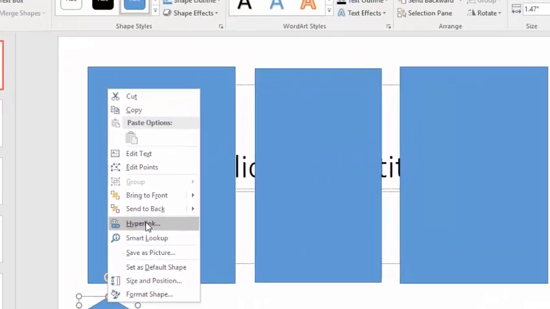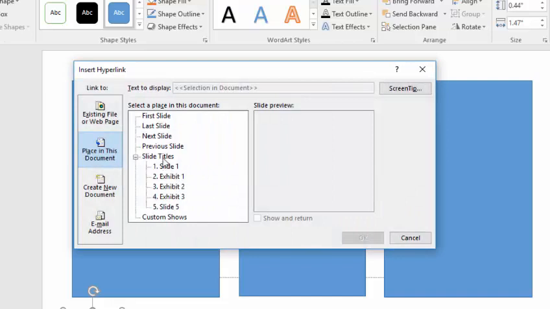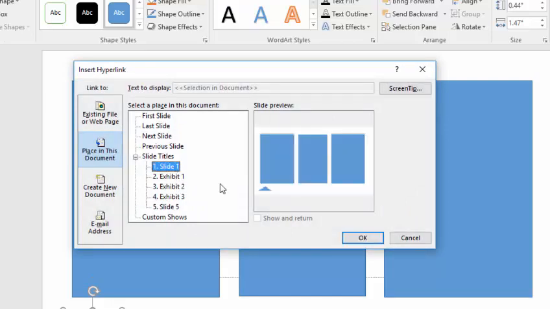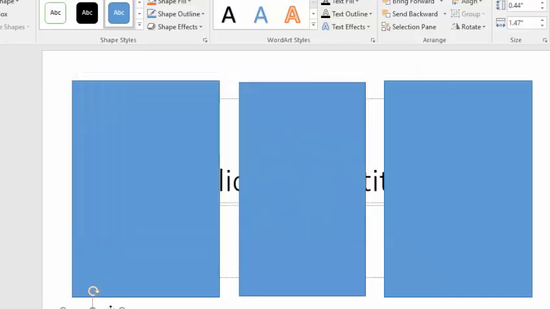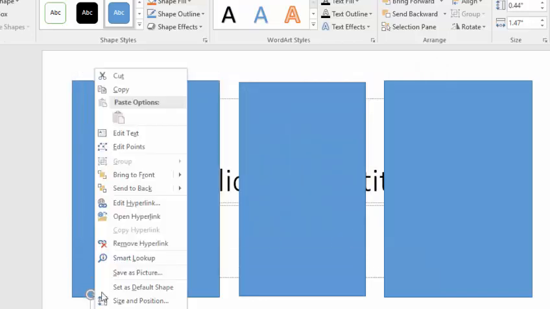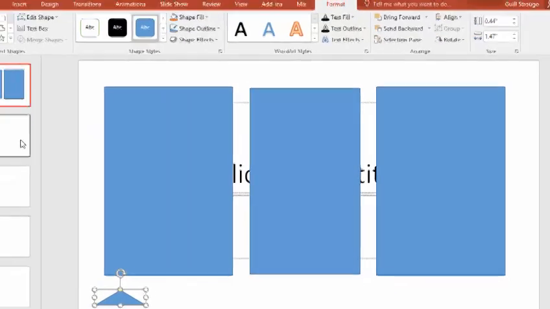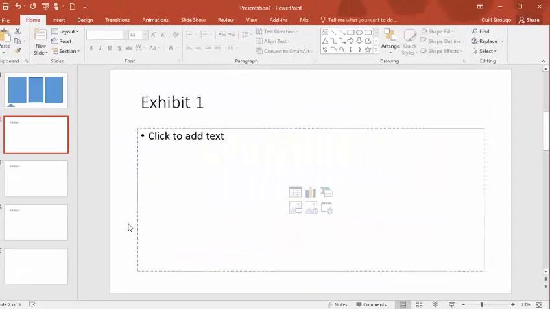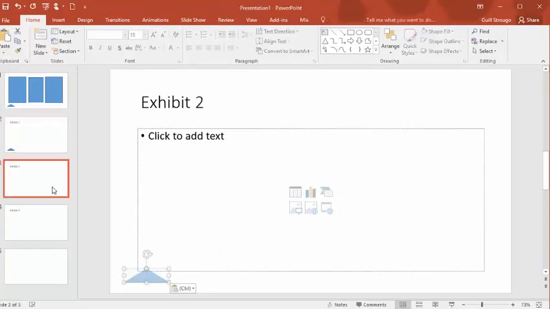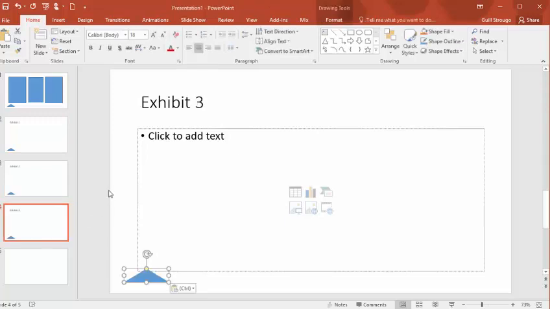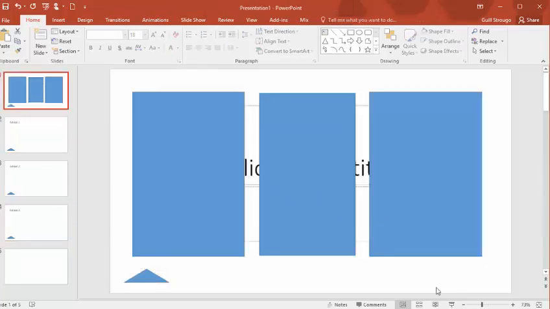Right click on it, click Hyperlink, and I will click on the slide 1 tab, which is this. I can decide to copy this button and paste it on every other slide. Now to show you how this works, once I click on presentation mode,